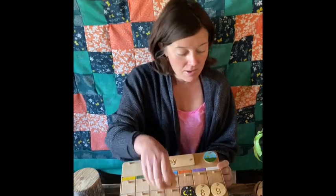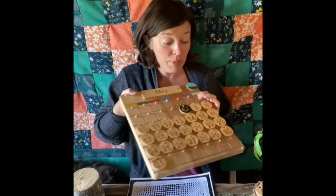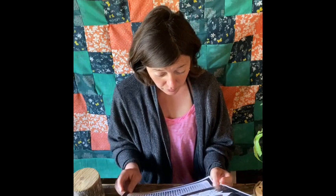Good morning, everyone. It is Thursday, May the 7th. The full flower moon happens tonight. I was out last night around dusk and I saw the moon and it looked full, but tonight is the actual full moon. You can even see on our moon calendar when we look,